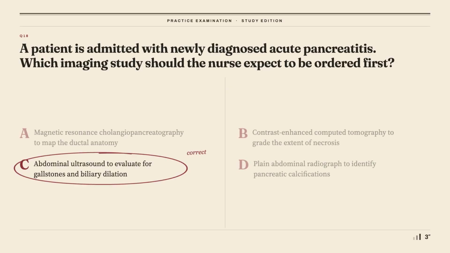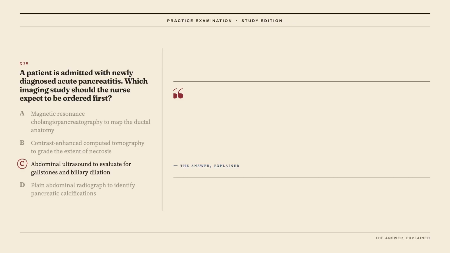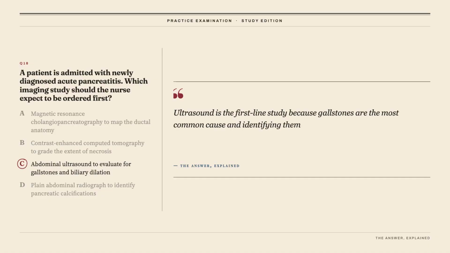The correct answer is C. Abdominal ultrasound to evaluate for gallstones and biliary dilation. C is correct because ultrasound is the first-line study because gallstones are the most common cause and identifying them changes management. It is inexpensive, requires no contrast or radiation, and reliably shows stones and dilated bile ducts. Confirming a biliary cause sets up endoscopic retrograde